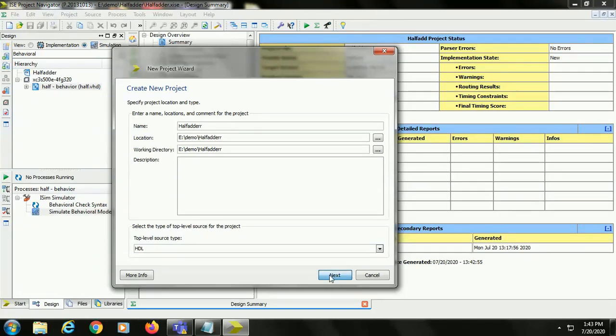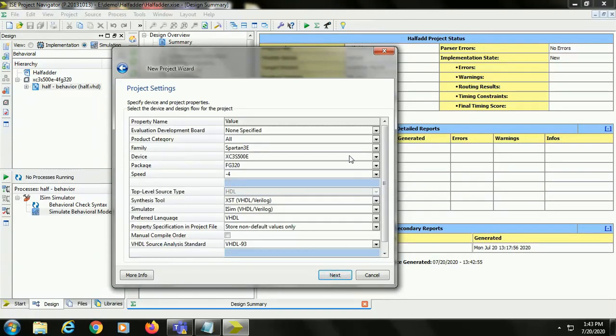So click on next. So we'll get this window. In this window we are going to specify the settings of the FPGA device. Here the family of the FPGA we are using is Spartan 3E, and device name is XC3S500E. Here 500 indicates 500 kilo gates, and package is FG320, and speed is -4.